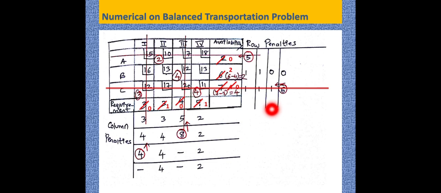So if you see, only these two cells are remaining now. Here the requirement is 1, here it is 1, here the availability is 2. So this 1 and 1 will get allocated here, so that it will become 0. So 1 plus 1 will become 2. So that has been allocated here. Later it will be reduced. Now all the availability and requirement is 0, hence all the allocations are made. So how many allocations have been made here? 1, 2, 3, 4, 5, 6 allocations have been made.